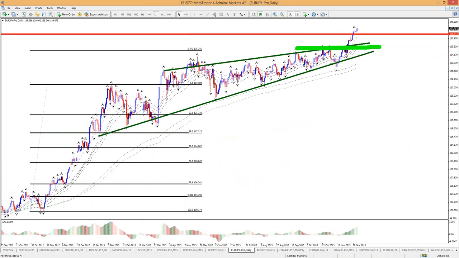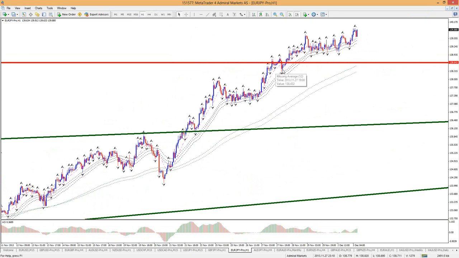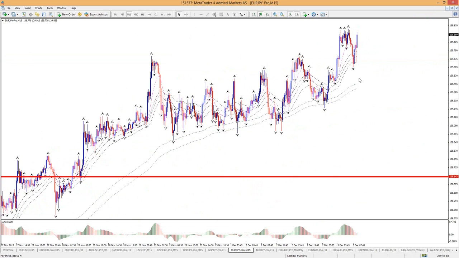And a swing trader or position trader that's waiting for that might not get that, because this is breaking impulsively, and it could just continue and stay above these moving averages. It might make a bit of a pause here, but then that's it, continue. And if you're waiting for this level and not taking the breakout of this bull flag, then you've missed it. So this is very impulsive. Let's take a look at the 1 hour now. Also, very good angle. This could be a good breakout trade indeed.